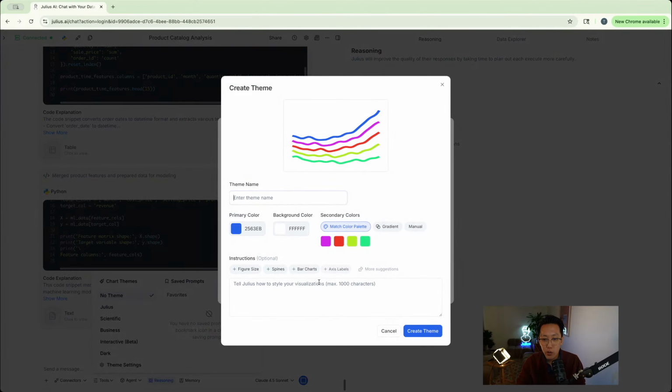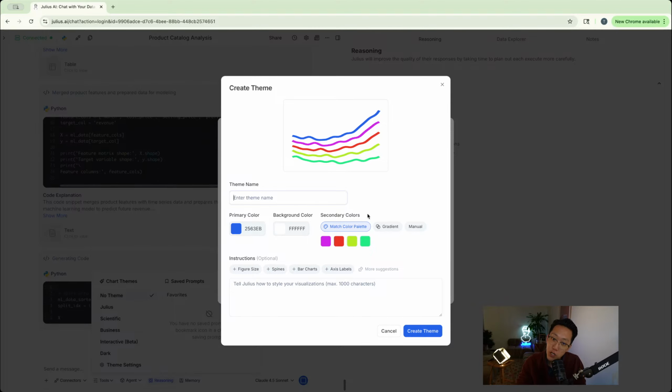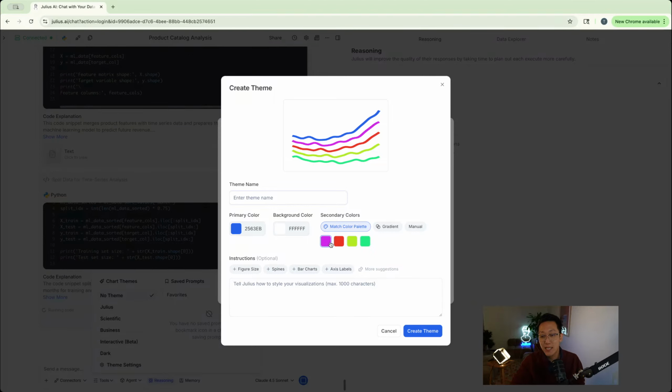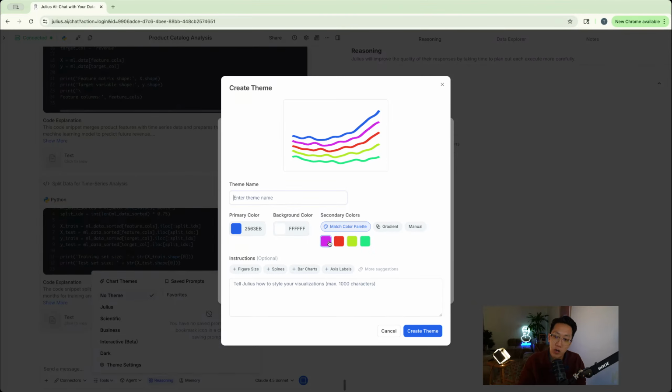And if you click on new theme, you could actually create a theme from scratch. You could update the primary, background, and secondary colors to whatever use case that you need, whether it's to match your company's branding or color guidelines, or if you need it for your university and you have work that you've done already before and you want to stick to the same sort of color palettes and color themes,